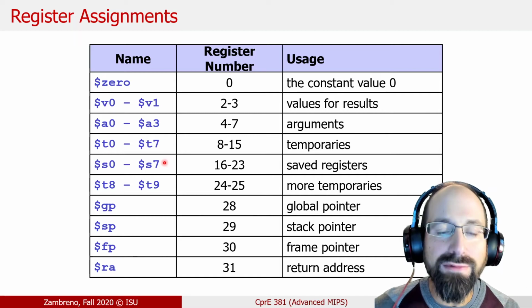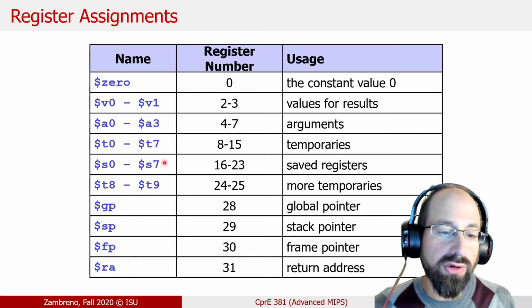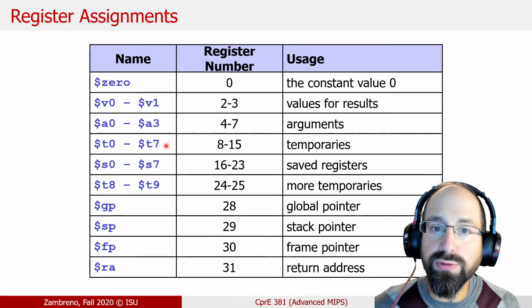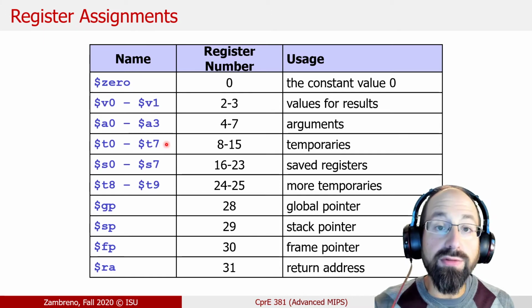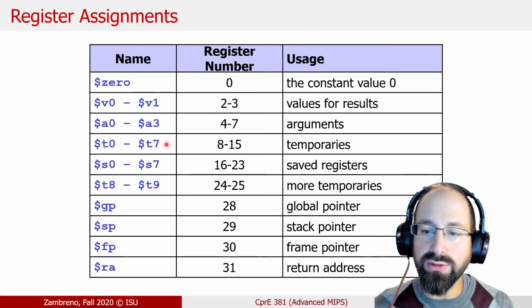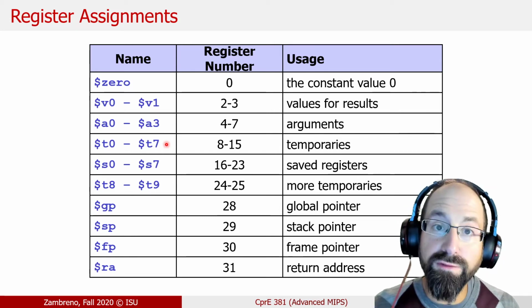Do you have to save those register values before you overwrite them or not? And that's sort of a programmer convenience function. There's a number of registers available for you in your function. There's 10 of them here that allow you to just overwrite them and just not worry about those values. You do what you please with those registers and expect any code that you call, any callee functions, to likewise